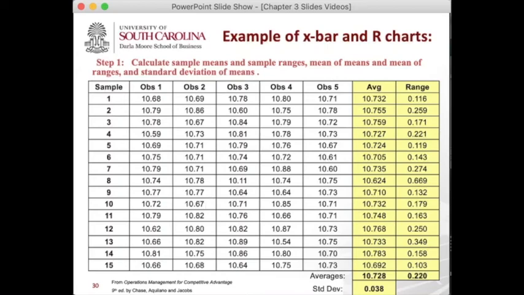So this is an example table. Here we collected, imagine that we collected 15 different samples. And in each sample, we collected 5 observations. Okay? So let's say that every hour I go there and I'm measuring, I don't know, the temperature of the burger in a Big Mac. Okay? So every half an hour, I take 5 Big Macs and I measure the temperature of those 5, and